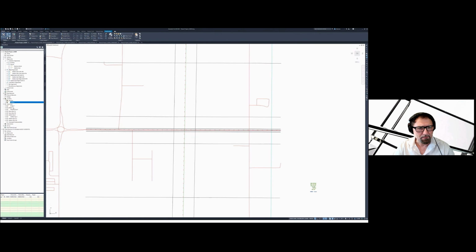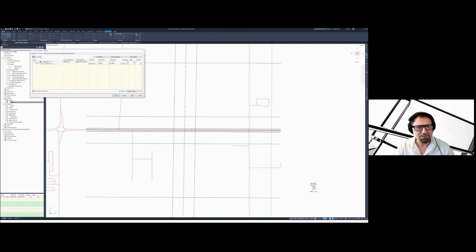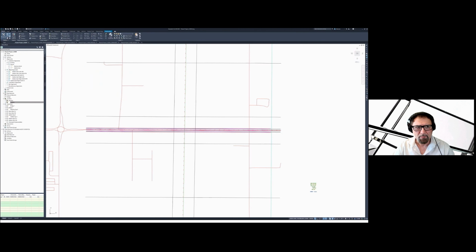I've used a couple of simple assemblies you can see on the sideline, and also it's important to say that the surface was generated from the sideline, and I have a sideline finish grade surface.